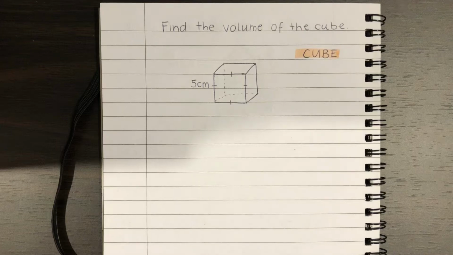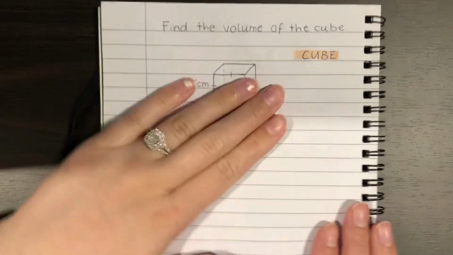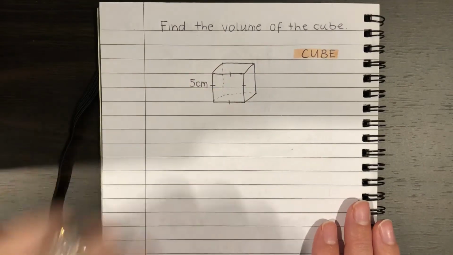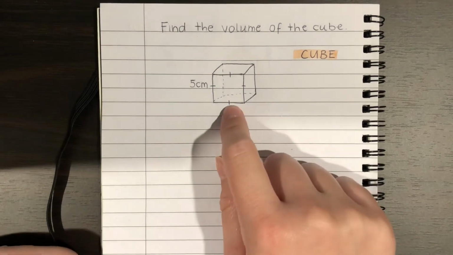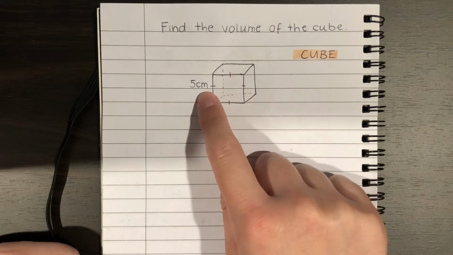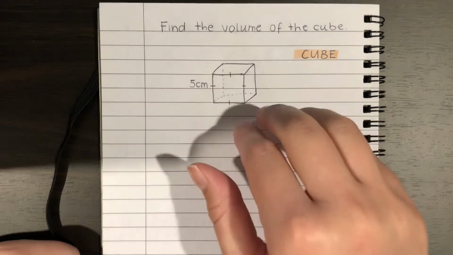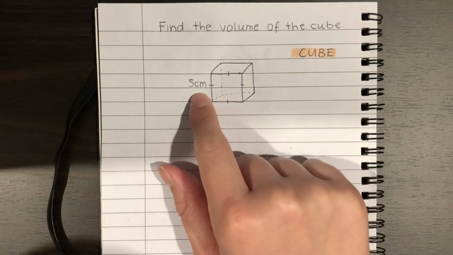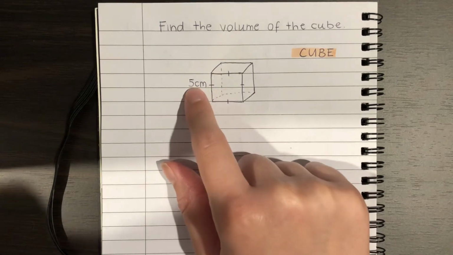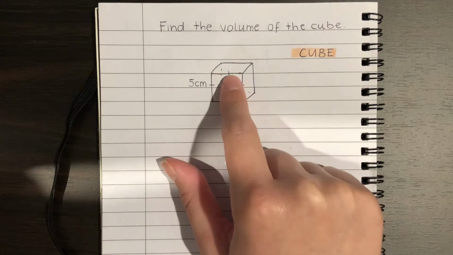In this video, I'm going to be showing you how to calculate the volume of a cube and a rectangular prism. So you should know now that this is what a cube looks like. These single dashed lines show that each one of these lengths equal the same number. Now, because it's written here that one of these lengths is 5 centimeters, all of them must be the same,